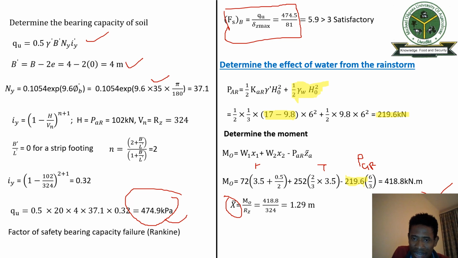Just divide this. Remember that the weight of the wall still remains. This 324 still remains. Why does it remain? Because if you want to calculate the weight of the wall, the vertical force only is going to be contributed by this and this, whereas the horizontal one, when you want to do the horizontal, you bring this together. So remember that why I put this here is just to explain for you that it's W1 and W2 that account for the vertical. Don't get these things mixed up, please. Now,